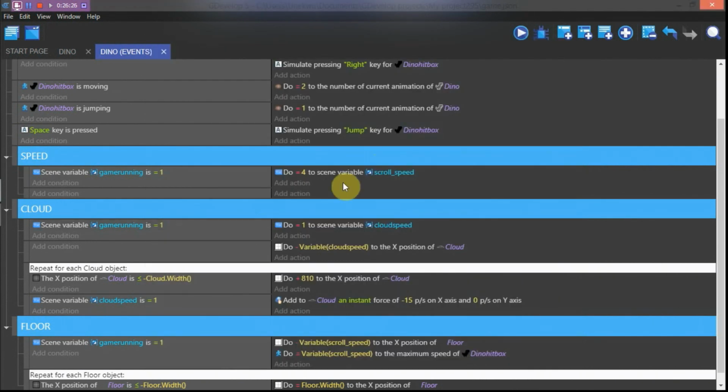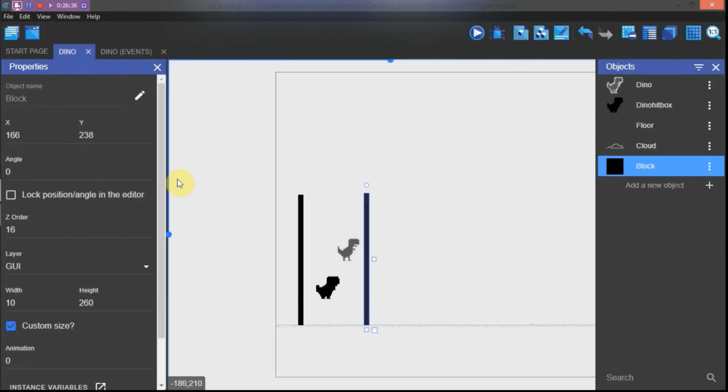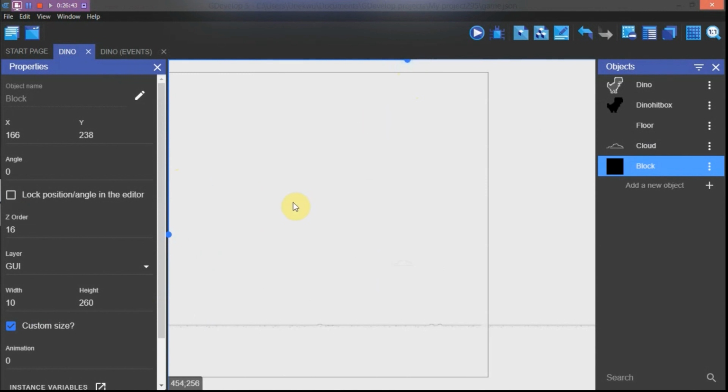So in the second part of this tutorial, I will be showing you how to add the score, sorry, obstacles, increase speed, the high score, and other features. So that's all for now, and thanks for